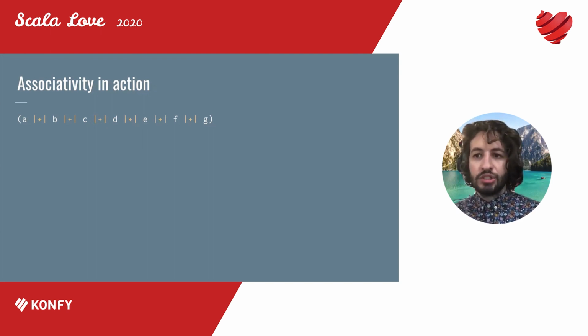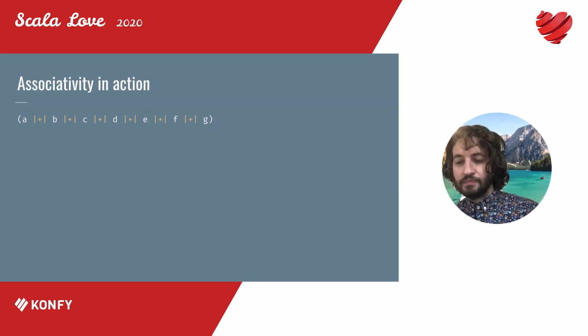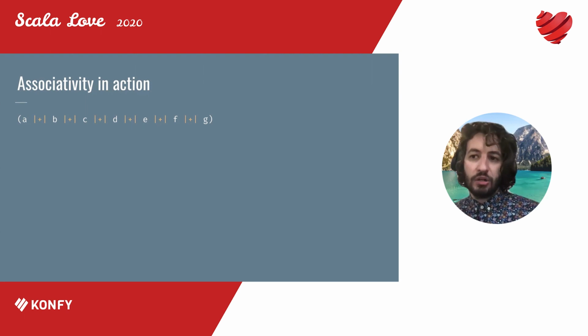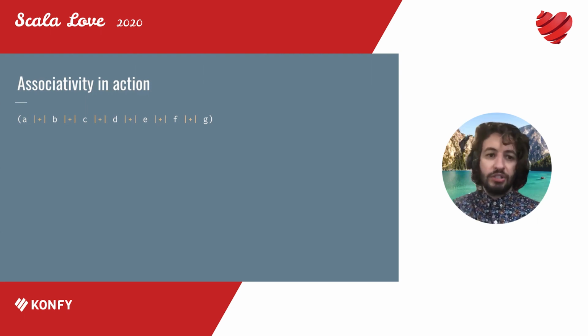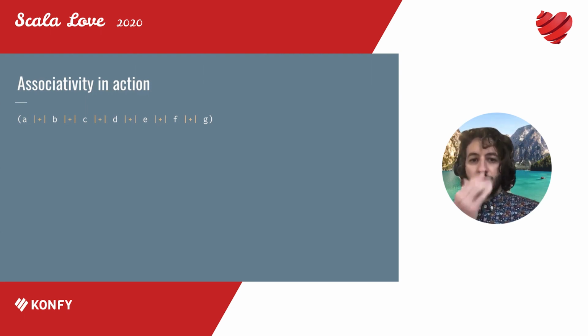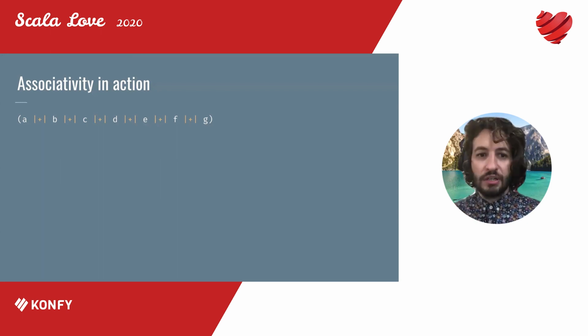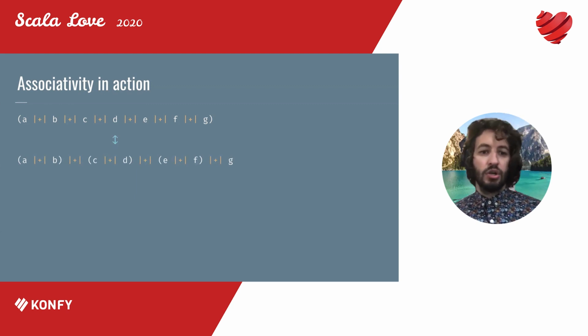You could do that simply by saying, hey, I just want to have this as a list and then call combine all. Or maybe it's a stream, maybe it doesn't fit in memory because it's too large. But still, you would just simply go through it sequentially, start from A and go to G. But with associativity, what this gives us is these kinds of transformations, right? So these two definitions right here are identical simply because of associativity.